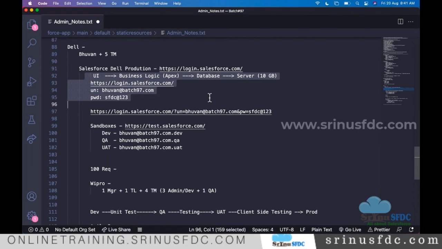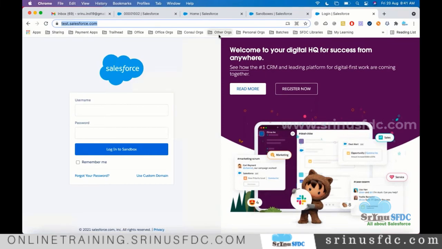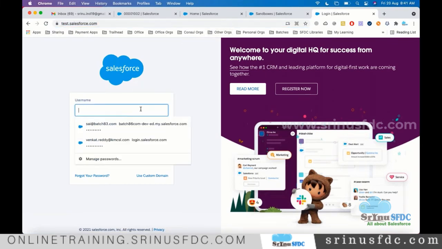But after the course, when you join a project, you should also know this is the URL and this is the naming convention we follow. Maybe people ask how a sandbox looks, something special. Nothing. It also looks like the same thing. The only difference is on top, you see Dev.